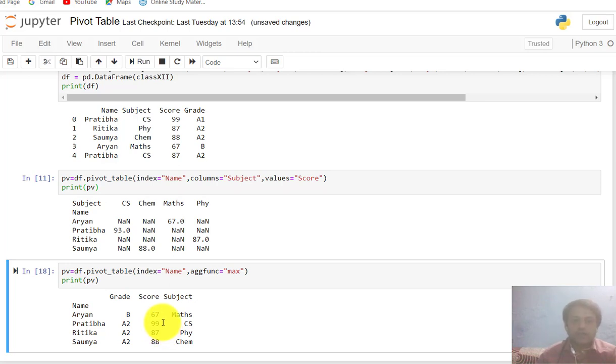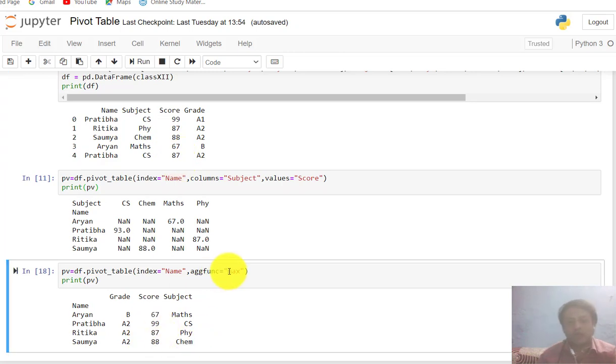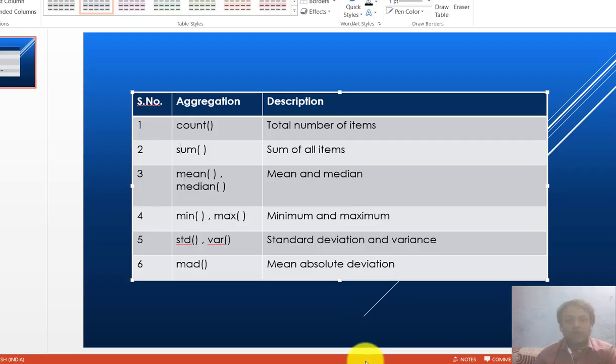So 99 is the maximum value, and the other is the minimum value. It is giving the maximum value because we called the maximum method here. Clear to you? Next, we also have standard deviation, variance, and so on.